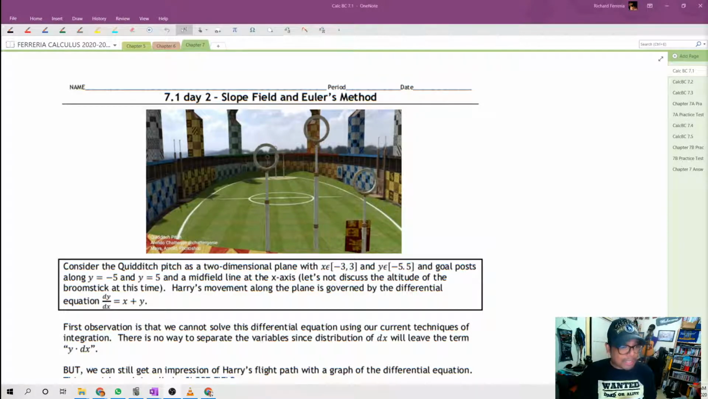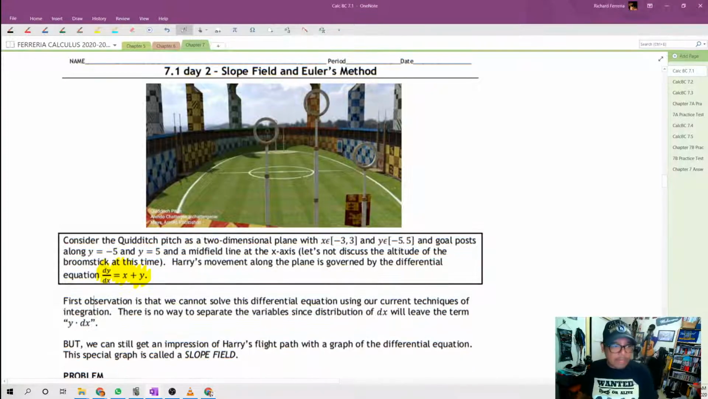So we're going to say that Harry's movements along this plane are going to be governed by a differential equation, dy/dx equals x plus y. That's important for us because that is going to tell us the change in his y-coordinate with respect to the change in his x-coordinate. So first observation here is that we can't solve this differential equation using our current techniques